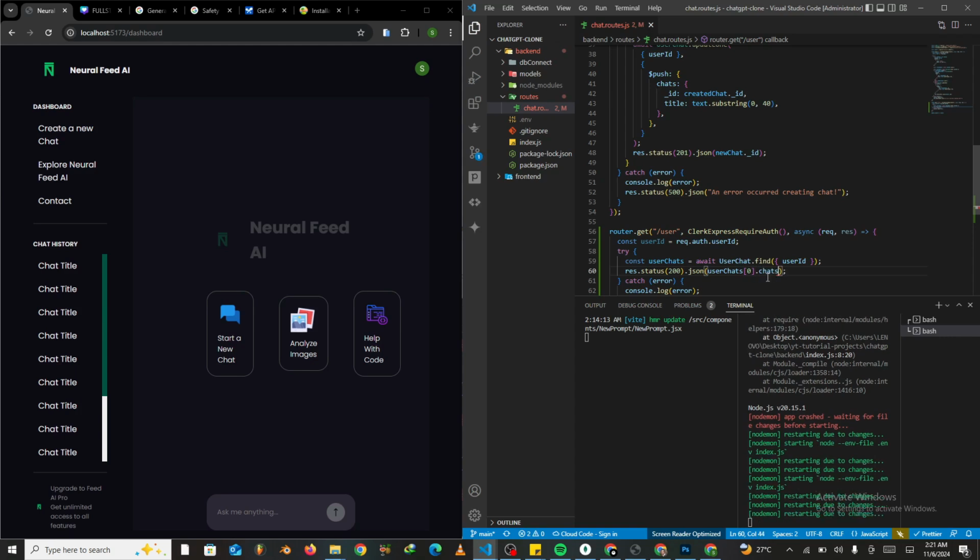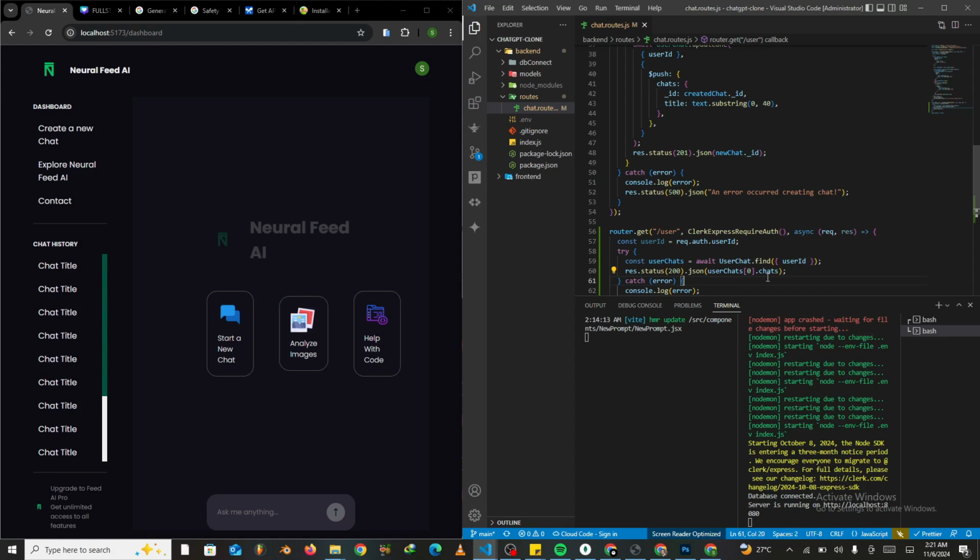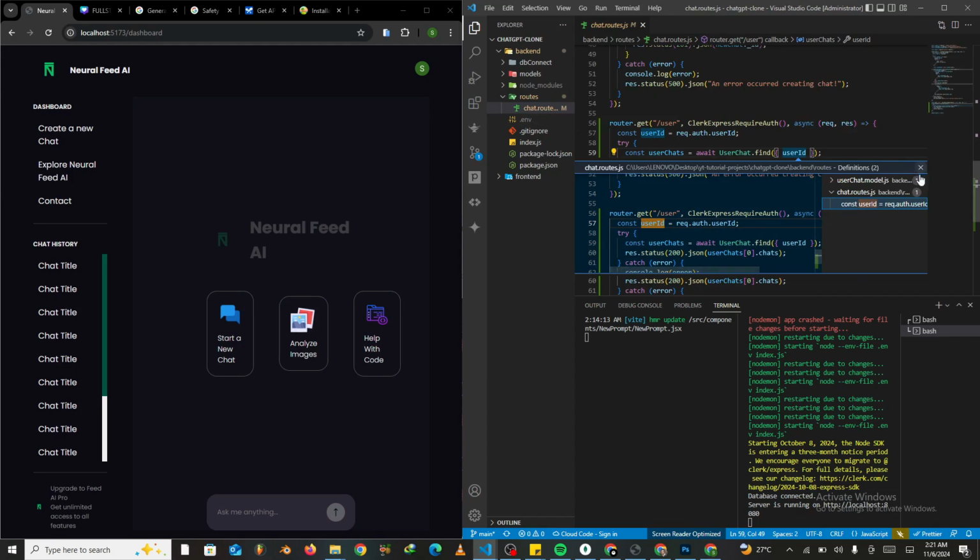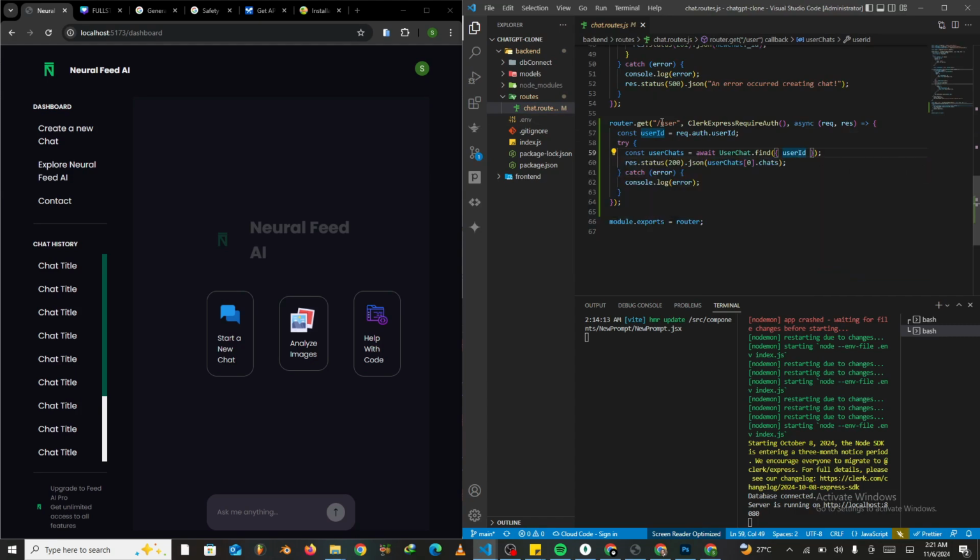Okay, so now that we are sending the response back like this, right, we should basically know that we are set up, right? Okay, I think something is going on here. I want this to reference. Let's reopen it back. Yeah, it's now referencing it. So yeah, that's it. So now that this is working, right, we want to come and display the chats here,